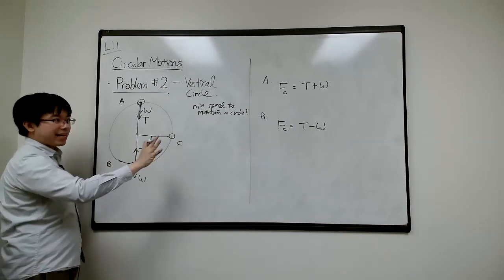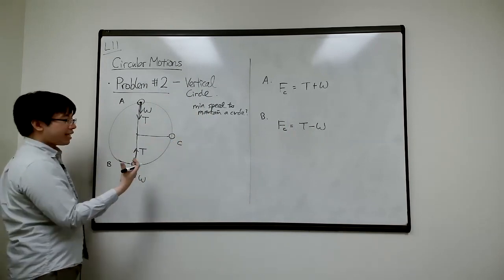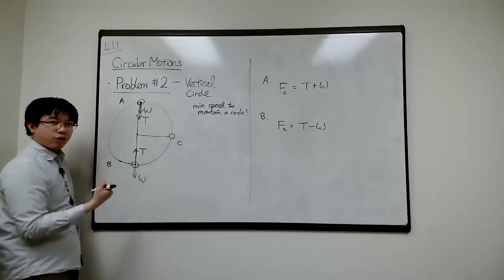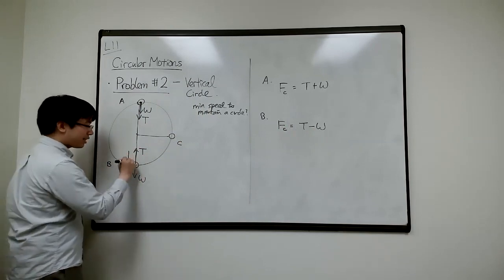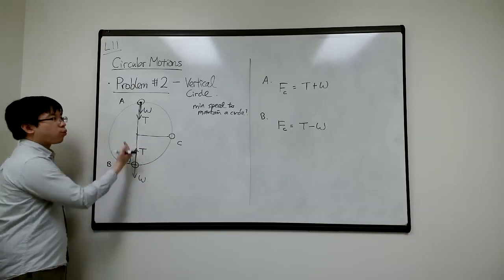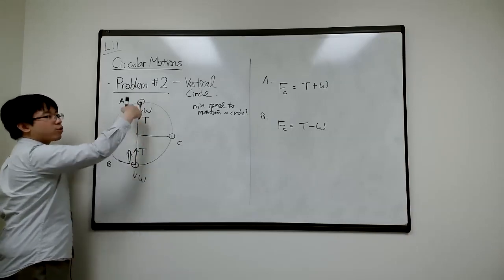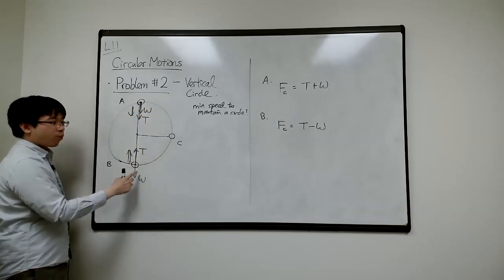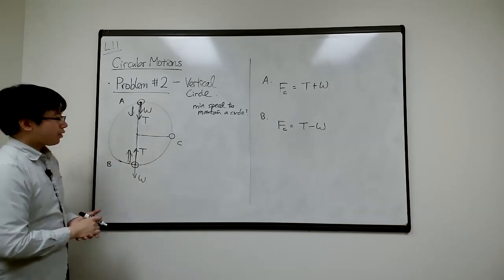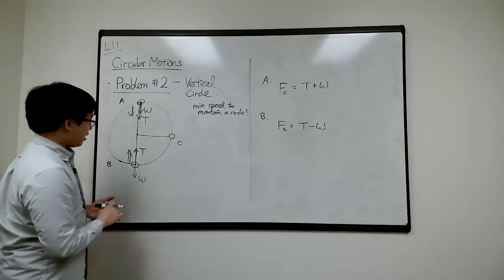So this is emphasizing the fact that centripetal force is not a specific force, I should say. It's a whole class of force. It's basically the amount of forces that is going towards the center. So what are the forces towards the center? It's this plus this. What are the forces going to the center? It's this minus this, because this is going down. Okay, and